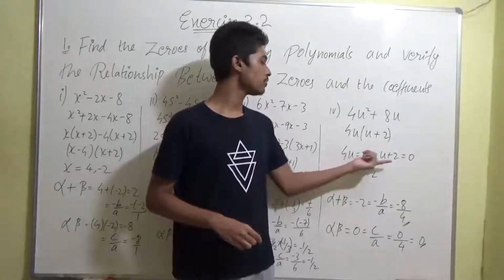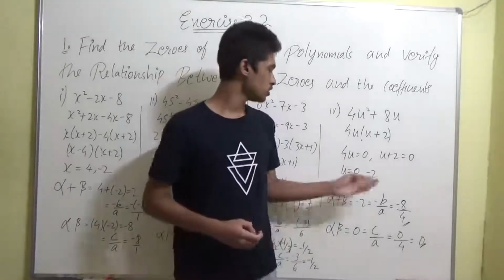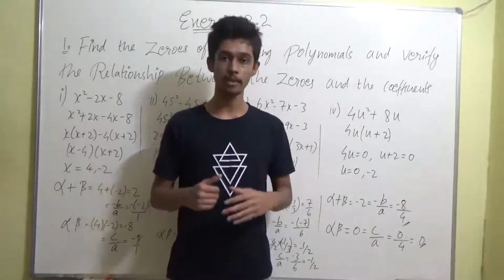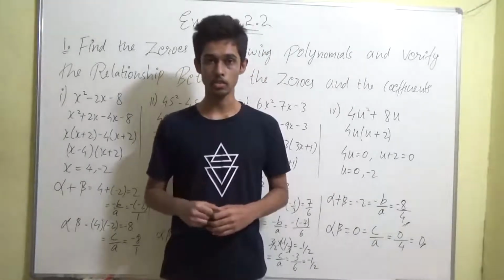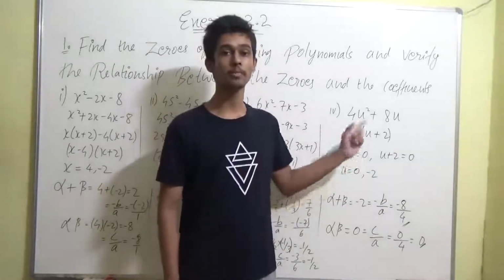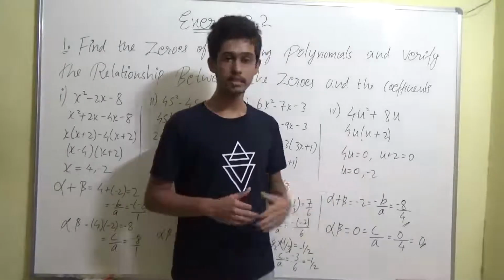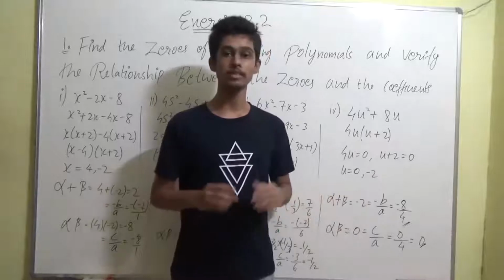So here by finding zeros, 4u equal to 0 and u plus 2 is equal to 0. So values of zeros of that equation will get as 0 and minus 2. So alpha plus beta equal to 0 plus of minus 2, which is equal to minus 2, which should be equal to minus b by a, which should be equal to minus 8 by 4, which is actually happening in this case, guys. So it is true,